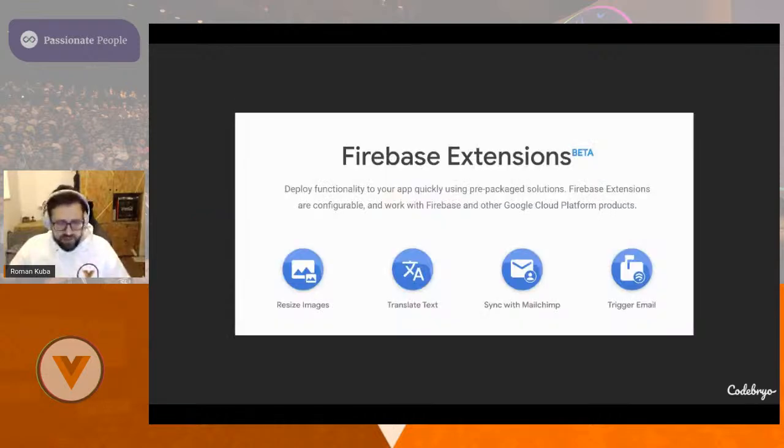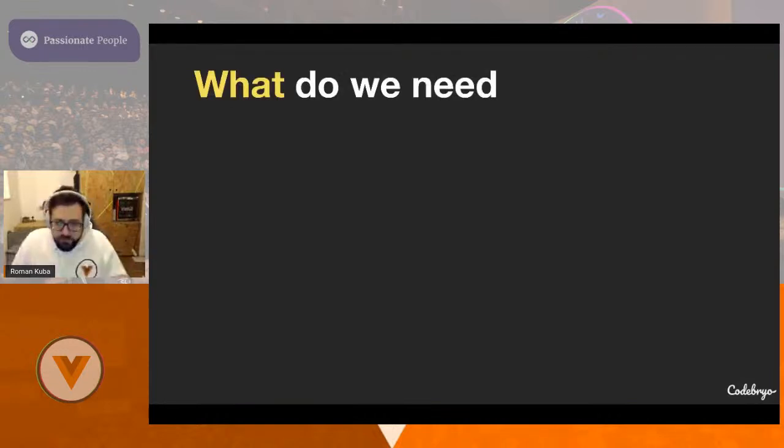One other service I really like is Firebase. For example, what they start to do with Lambda functions, they have something called Firebase extensions, which is just like some recipes prepared to use these kinds of functions. You have things to resize images or translate text or whatever you want to do. So you can do a lot of really complex things, and they scale super well, which is nice. But yeah, we need our Lambda functions.